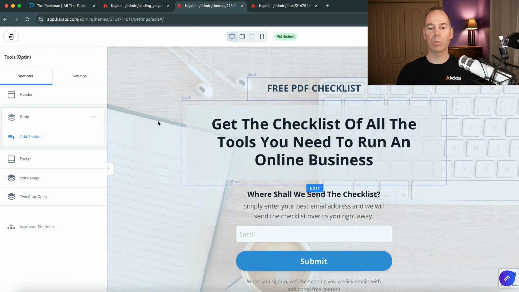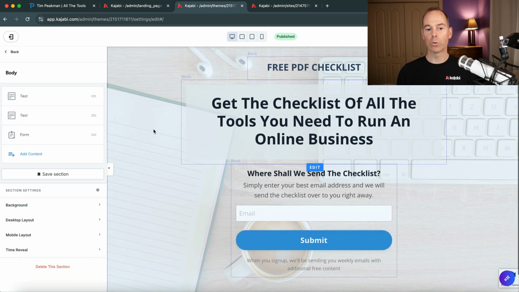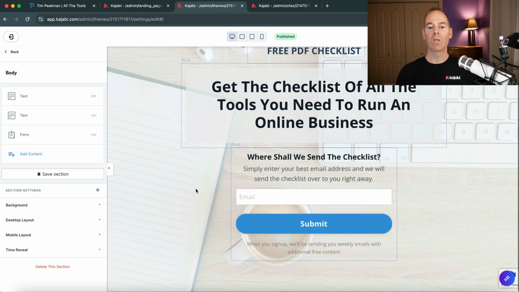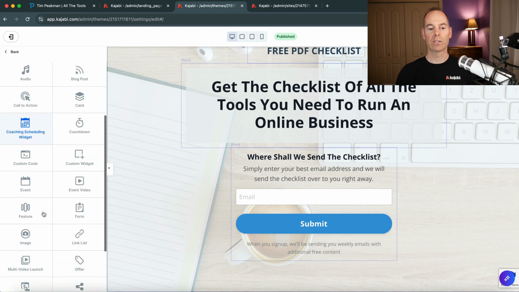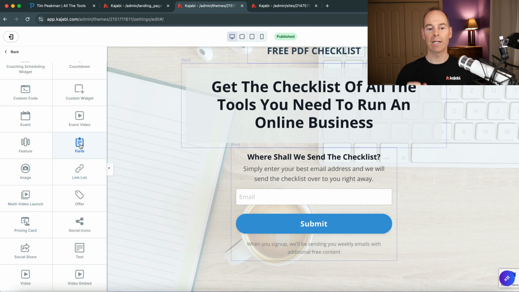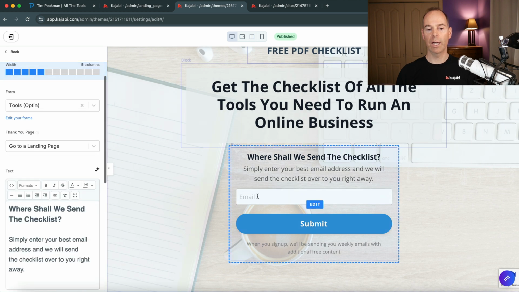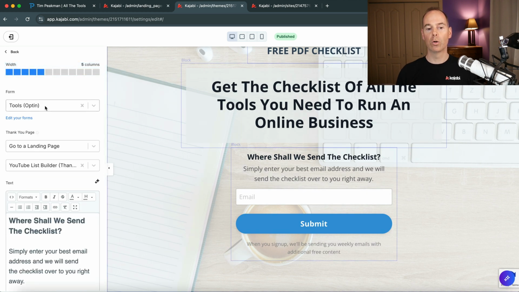Then in the landing page itself, you can have some sort of background, give it a header, a main header, and then here all you need to do is add in a form. So see where it says form here, add this content here, and then select form. Once you've done that, you can then select the form that you want to embed. Now, again, you need to complete the form first, but I'm showing you the landing page first so you understand